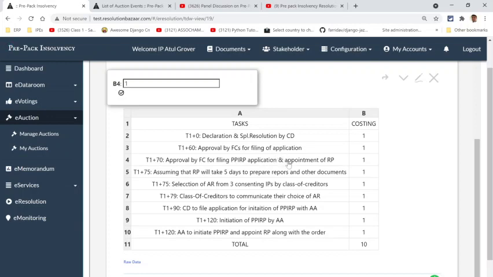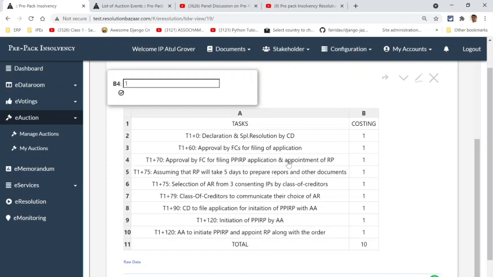So you have to cater for this, and at this stage I must bring it to your notice that, assuming the insolvency professional becomes the resolution professional in the next phase, and that this phase plus the next phase together take 8 months, then 8 into 50,000 rupees a month means you need to have put in 4 lakh rupees for the fees of the resolution professional in the bank right away, before he begins to work.